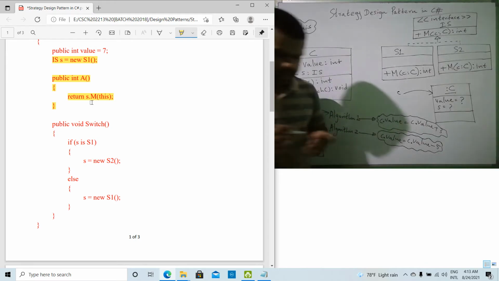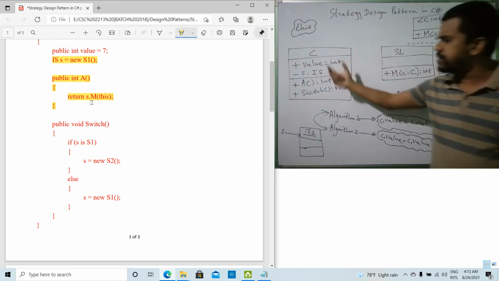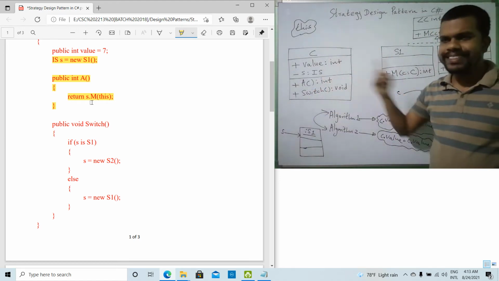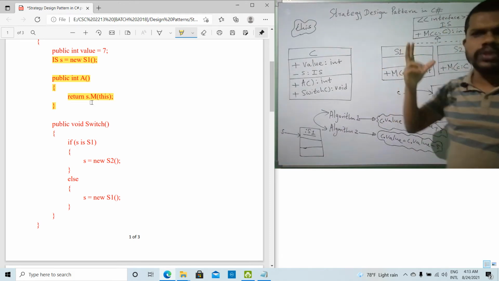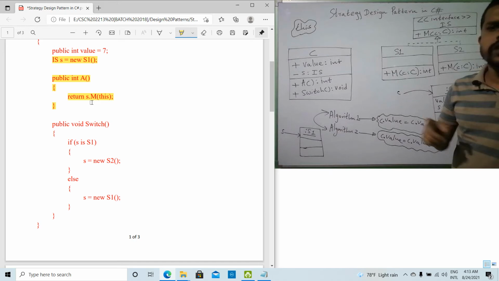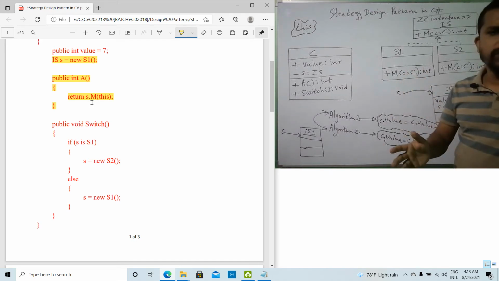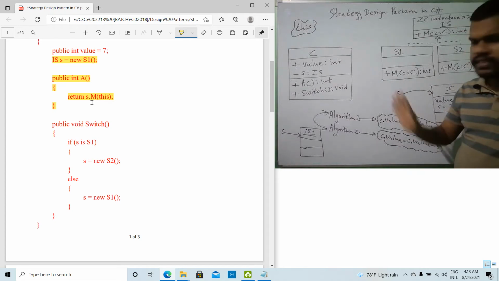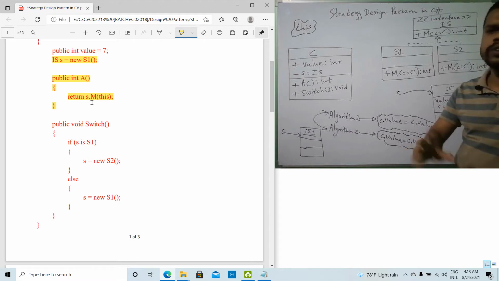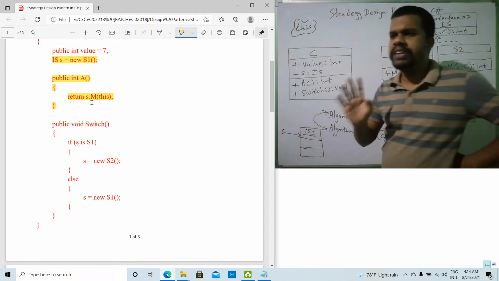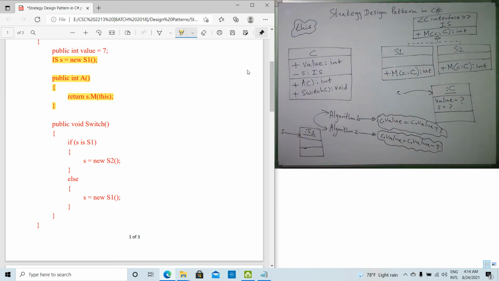I hope you have a rough idea about method operation A. You still do not understand the complete logic, you are just getting some rough idea about it. That's enough. Once I have finished explaining the complete code, then you definitely will understand the complete logic. Then let's look at the